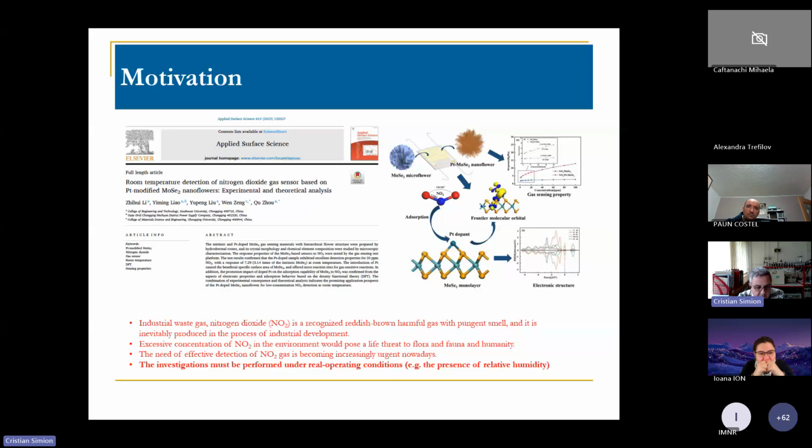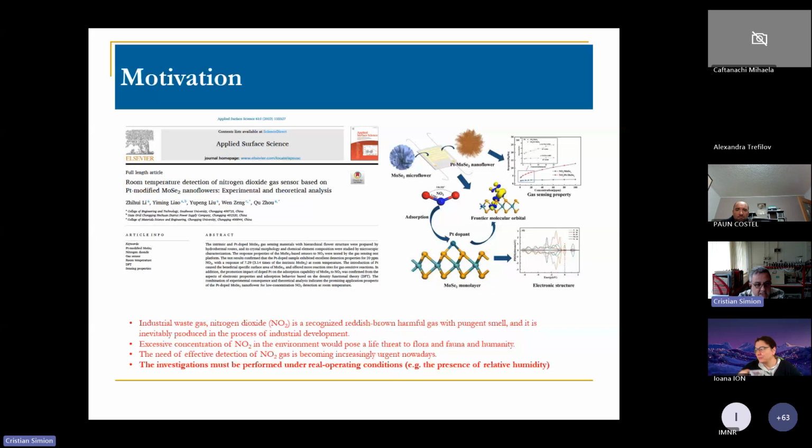It's important to detect nitrogen dioxide because it's a highly oxidizing gas, which is really harmful for humans and for flora and fauna. And room temperature detection is needed in order to decrease the power consumption. So the integration of these kinds of devices, which are able to detect NO2 at low power, having low power consumption. However, there are plenty of publications in the field of gas sensing dealing with NO2 at room temperature,